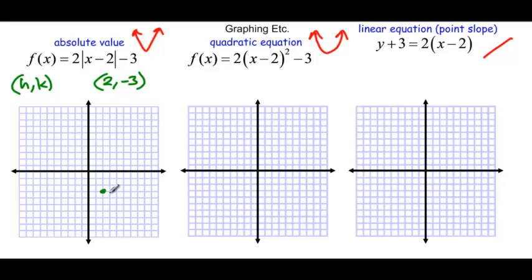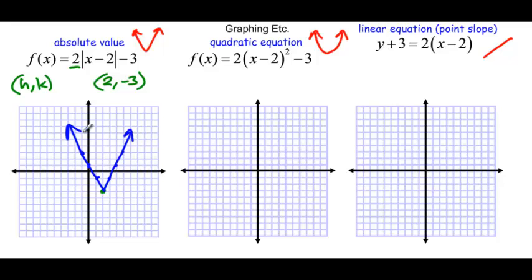And there's our point. Now, we look at this value right here, which is the 2. And that is our slope of the line. And since we're talking about a V with straight lines, I'm simply going to go up 2 over 1. Up 2 over 1, and it's positive, so it's going up. So I can start to see this side of the V, and we just do the same to the other side. Up 2 over 1 on this side, same slope of 2,